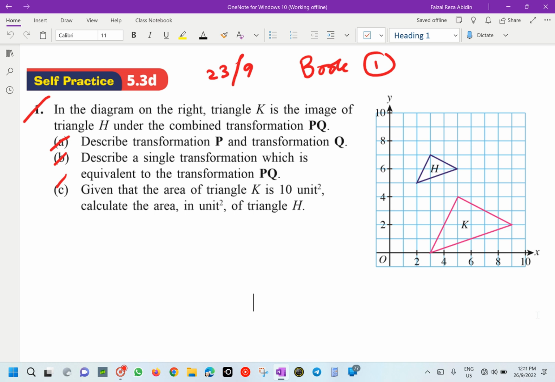The translation, isn't it? Because you are going to have the same orientation. It's not going to be rotation or reflection because we have the same orientation for our object to our image. So first, for my transformation P here,